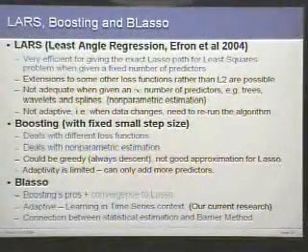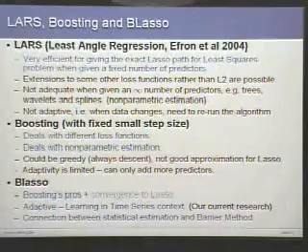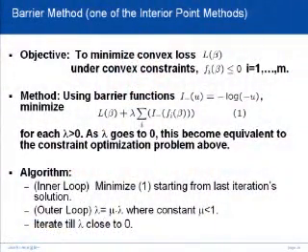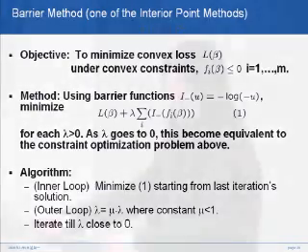And BLasso has a lot of the advantages of boosting, but also has this nice connection with time series. And also, after we did BLasso, I looked into the optimization literature, and it's very similar to the barrier method. Basically, solve the whole sequence of optimization problems in one hit, right? Because I need to solve for different lambdas. For each lambda, it's an optimization problem. And the game is really that you start your optimization for the next lambda from the previous solution because they're very similar. And that's exactly how the barrier method works.